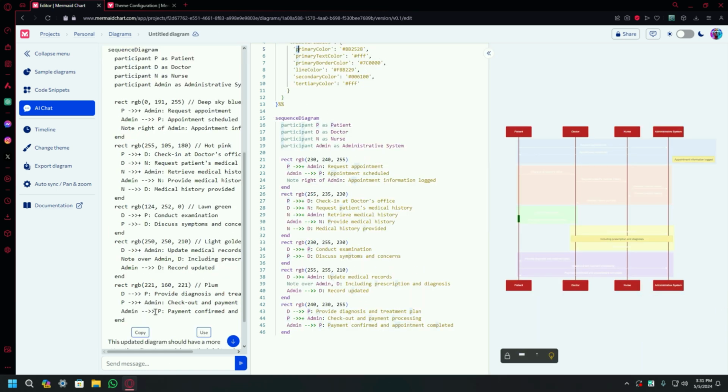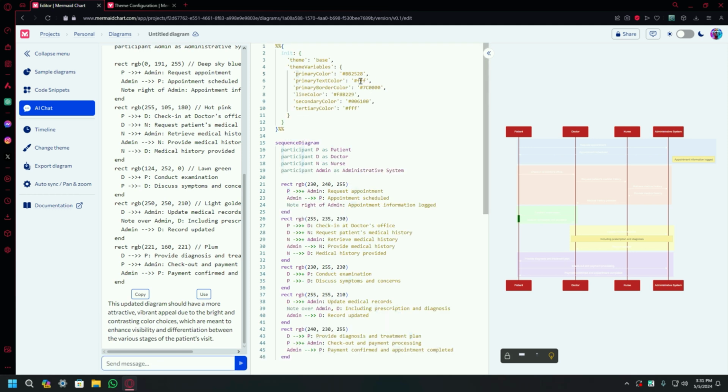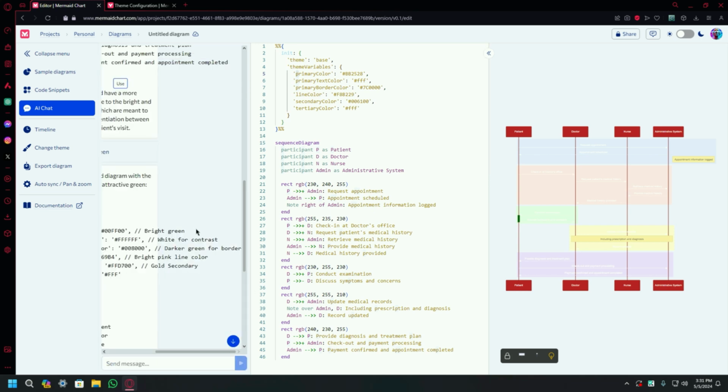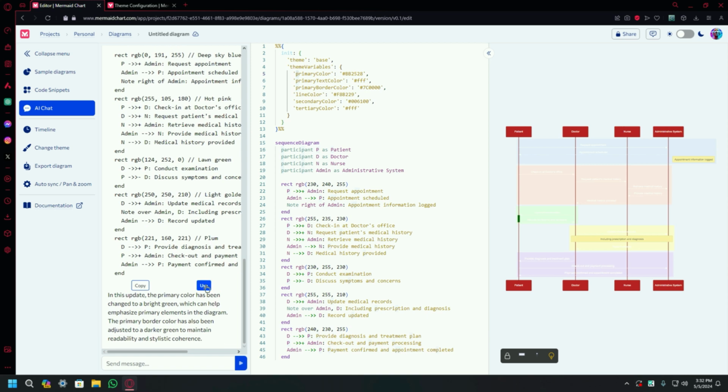You can also ask again by just typing. For example, if I just want to change the primary color, I will type change the primary color to, for example, green. So let's see. It is saying that you can use bright green by this code. So you can just copy this code or use this code.